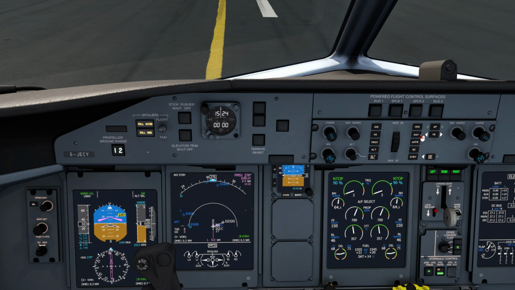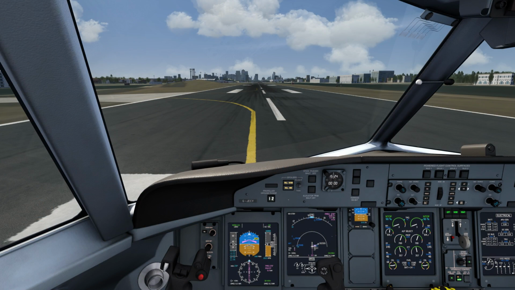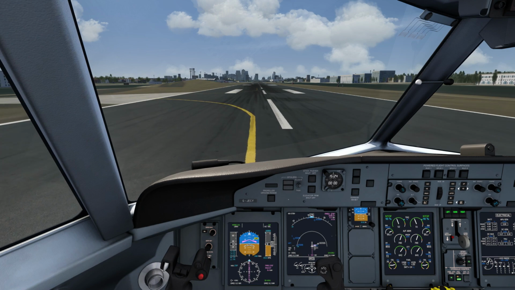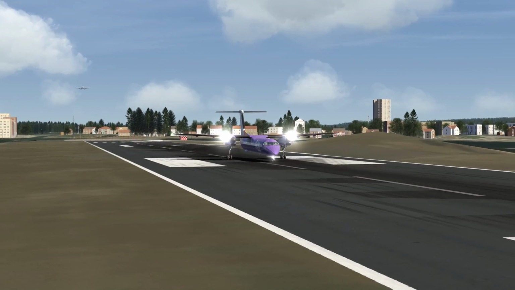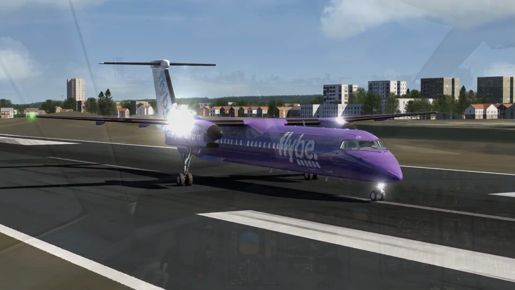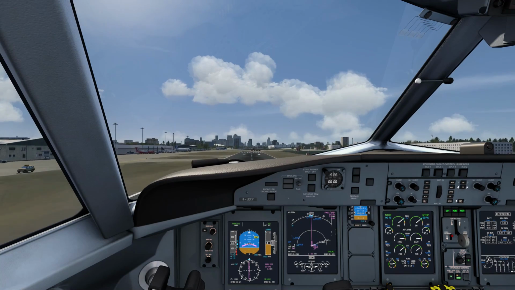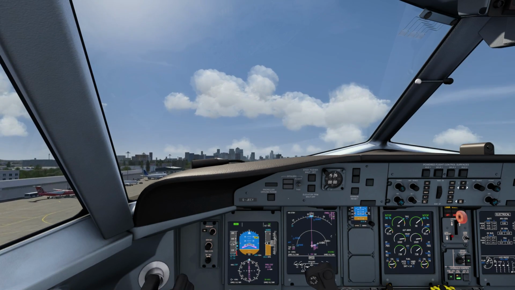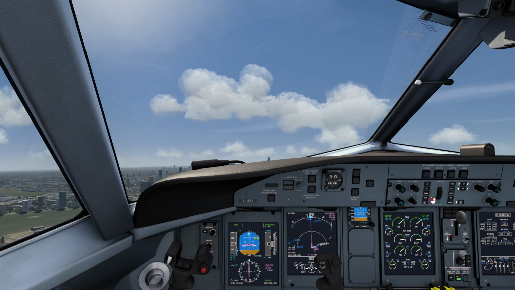For now, we'll just activate nav mode, park brake off, and throttles up. We'll rotate at the rotate speed given to the left of the PFD, raise the landing gear when we have positive rate, and just fly following the flight director. Activate the autopilot